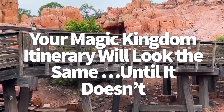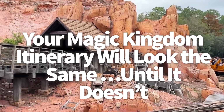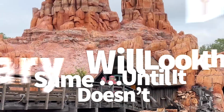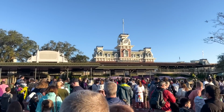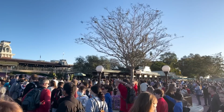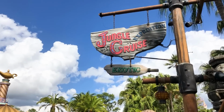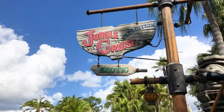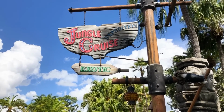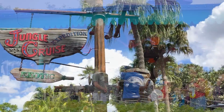Another way TRON's gonna change Magic Kingdom, your itinerary will look the same until it doesn't. When TRON first opens, we're predicting that the way guests navigate the park is still gonna be real similar to what we're used to. And that's all thanks to that virtual queue system. Before virtual queues, new Disney rides used to mean that everyone and their mother would rush toward the queues for the latest and greatest attractions, leaving other rides and shows behind in the dust. Which was great if you didn't care about the new ride. You were able to get so much done everywhere else because people were standing in line for that new ride